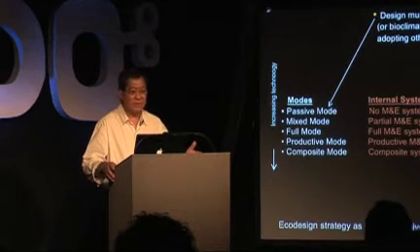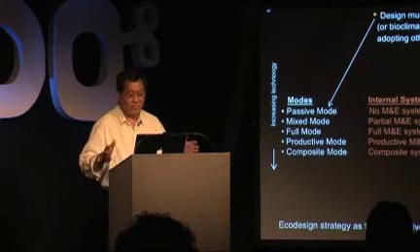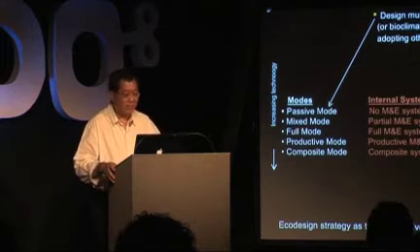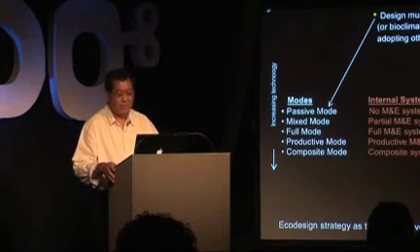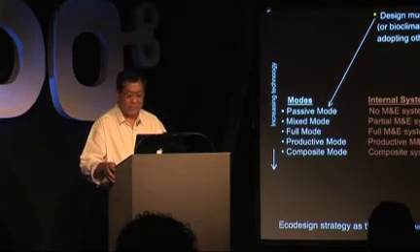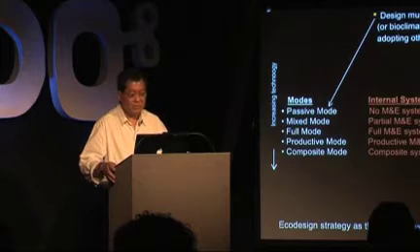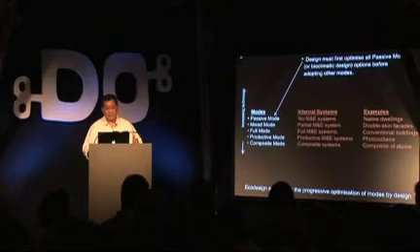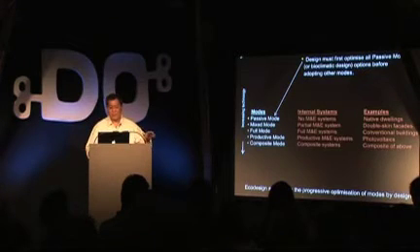So if you go to the Cotswolds, you can see thatched roofs with very thick walls, and you find that those buildings were actually very comfortable both in the summer and winter without the use of any mechanical electrical systems. Mixed mode means some mechanical electrical systems. Full mode means a conventional building where there are full mechanical electrical systems. And productive mode is where you start to generate your own energy through photovoltaics or wind or different sources. And composite mode would be a composite of all of the above.